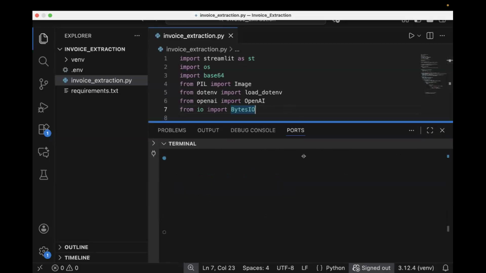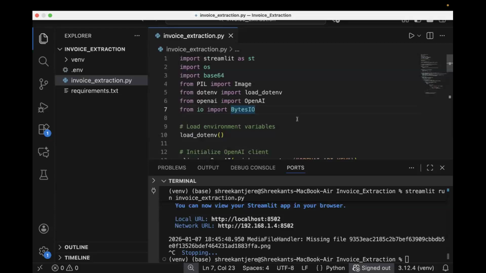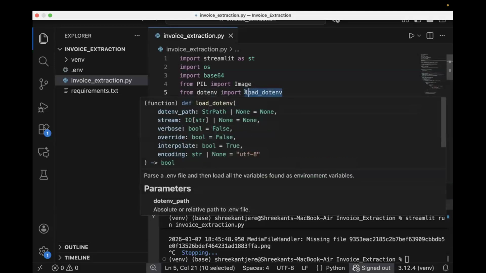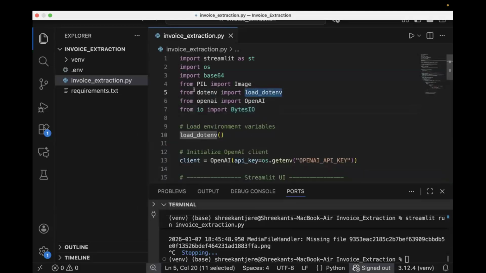Okay, next we'll move to loading the environment variables. Here we have imported load_dotenv from dotenv. Now we call this particular function, the load_dotenv function,